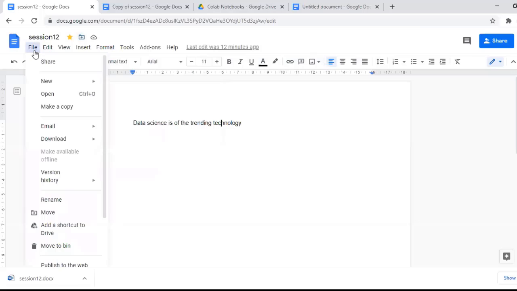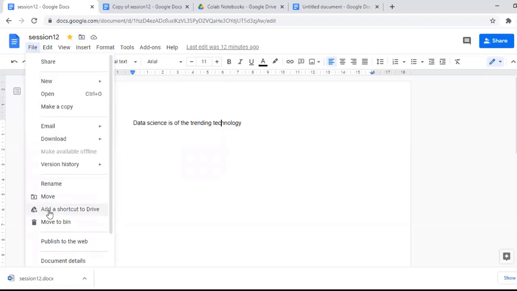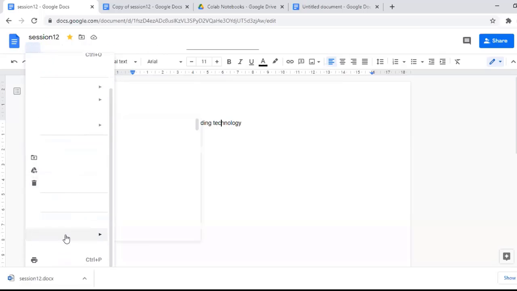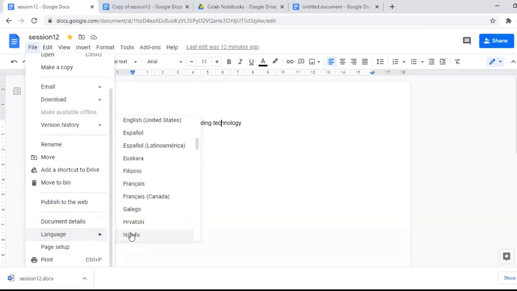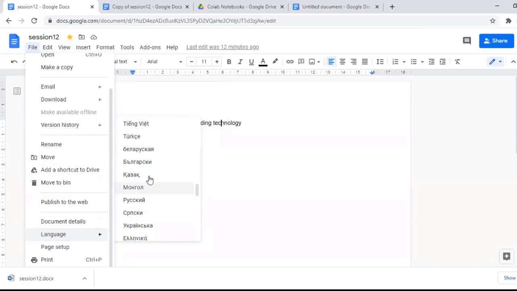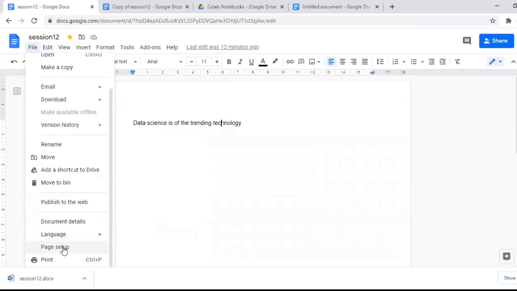So the next menu is add shortcut. We can add a shortcut to the drive, and move to bin is similar to delete. Okay, document details. And the language, you can select any language, English, Hindi, as required by the user. And the page setup, that means the dimensions and all.